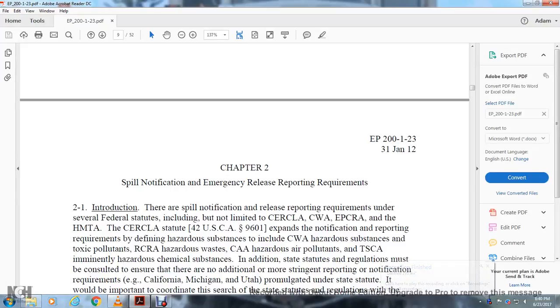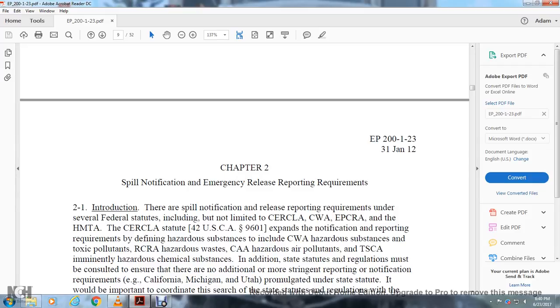Alright, Chapter 2, Spill Notification and Emergency Release Reporting Requirements. Introduction. Spill notification and release reporting have requirements under several federal and state statutes, including but not limited to the Comprehensive Environmental Response, Compensation, and Liability Act, the Clean Water Act, and the Emergency Planning and Community Right-to-Know Act,